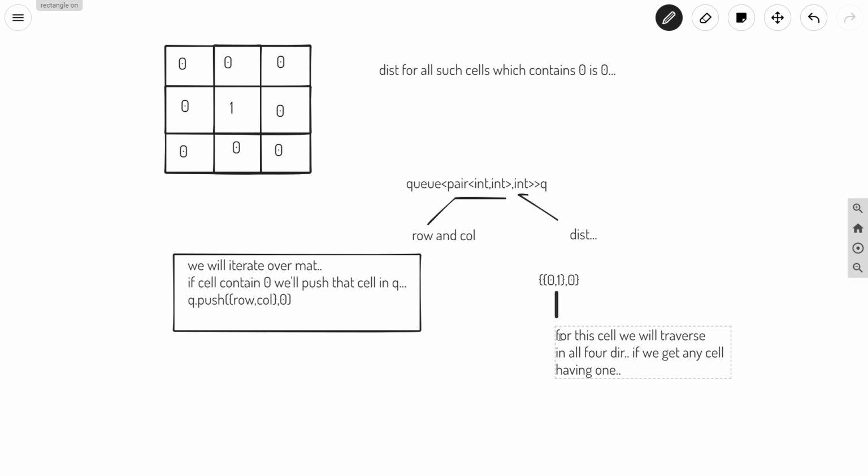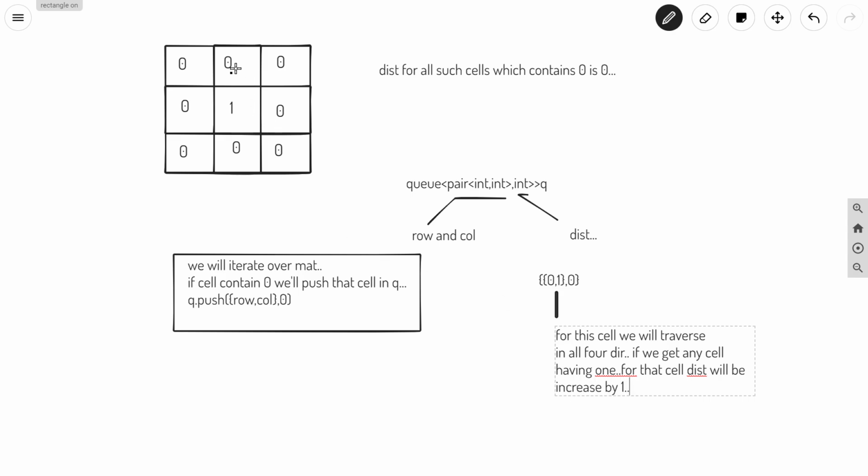Or we can say that the distance has been increased by 1. I will write here that the distance will be increased by 1.